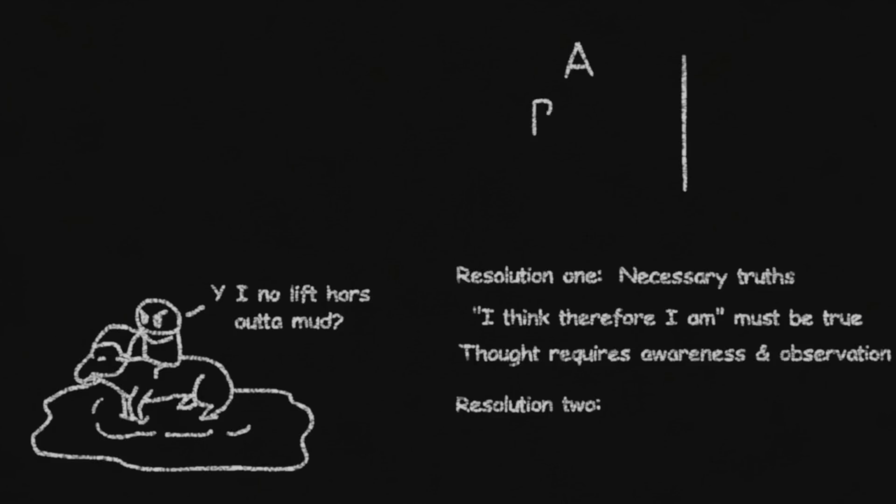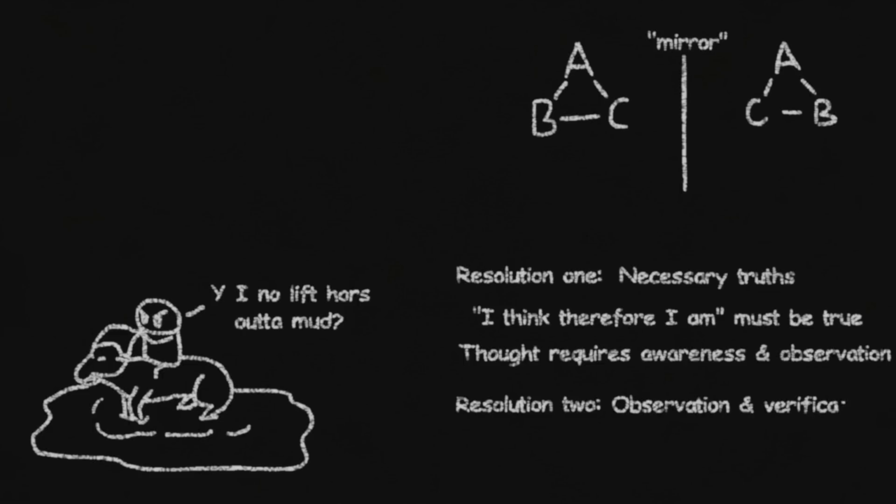If truth means that something is in accordance with reality, then in order for statements to be true and for knowledge claims to be possible, statements have to have this relationship with reality, which is to say that our second solution is observation and verification. Just as we know that a rider cannot lift his own horse because of knowledge based on life experience that we have, we know what a horse is, we know what a rider is, we know what it means for a rider to ride a horse, we can make observations about reality in order to give our statements an objective basis. Which isn't to say that every statement must be observed or verified.